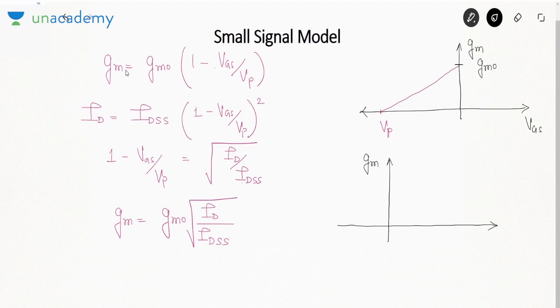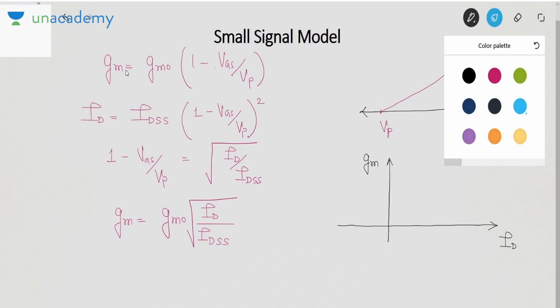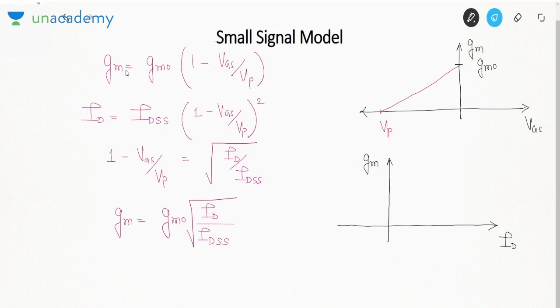This is gm, this is ID. Now if I want to plot this graph, this is a square root graph, so the graph will be like this. But at most it can go up to IDSS, at which the transconductance is gm0. So what I mean to say here is, if ID equals IDSS, that is the maximum value of drain current, gm becomes equal to gm0. So it varies as a square root function with the drain current